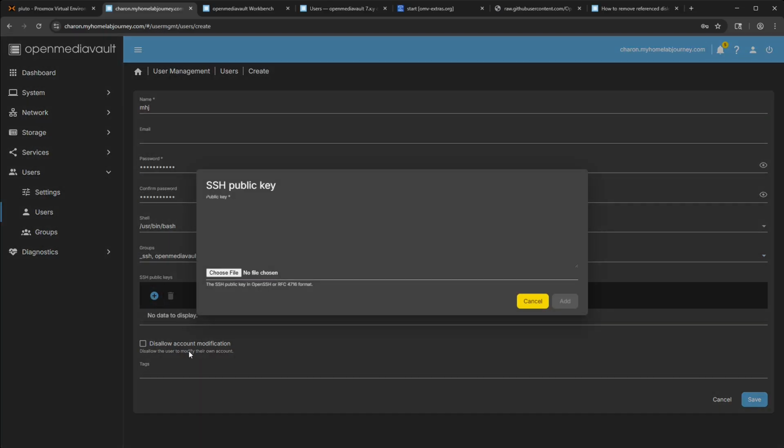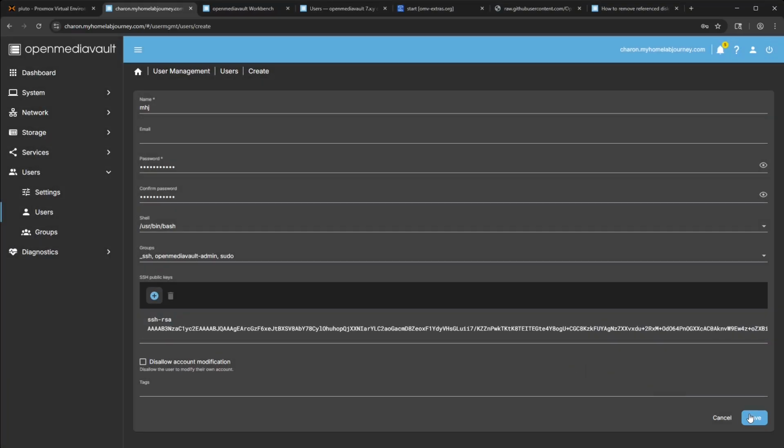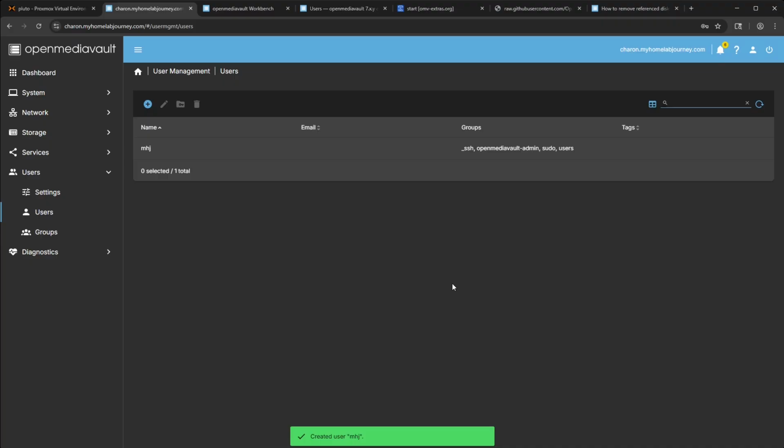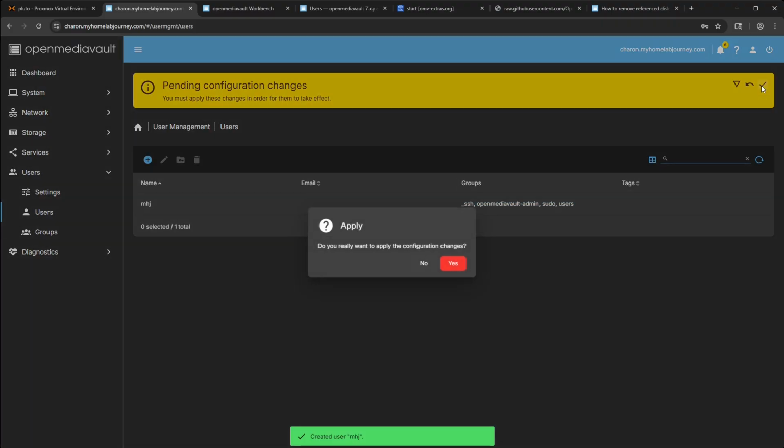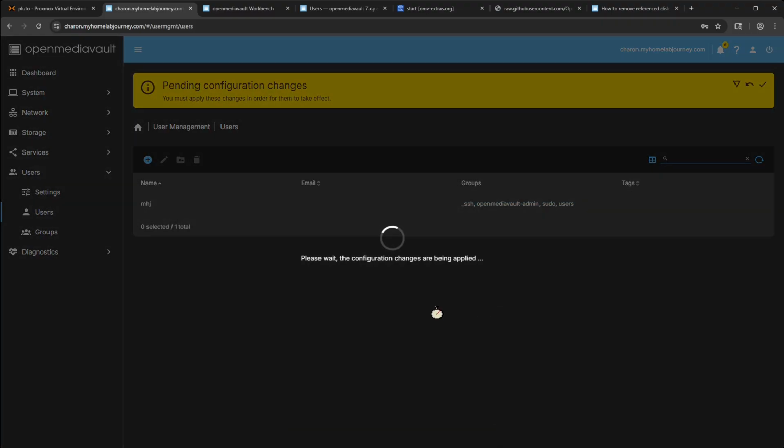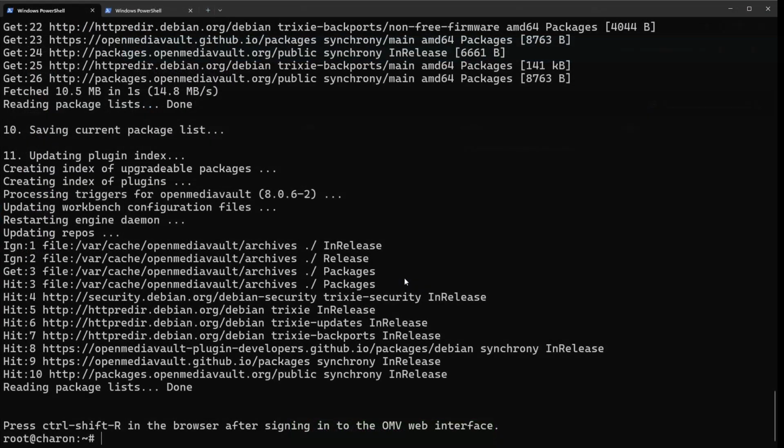Perfect. And for the public key, I'm just going to copy and paste it from my public key file. Ctrl+C, Ctrl+V, add. Right, and let's save. Okay, let's apply. Now the user should be created. Let's cat